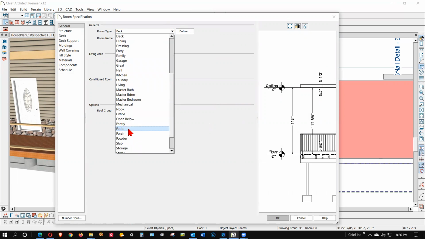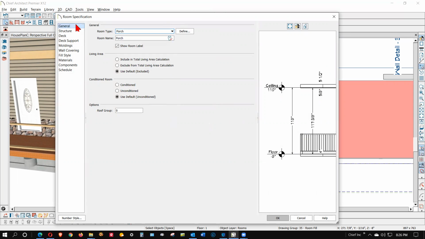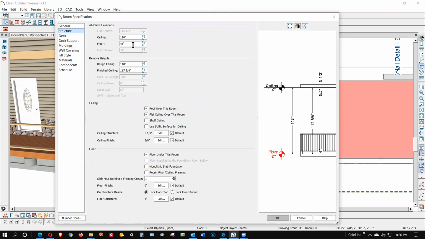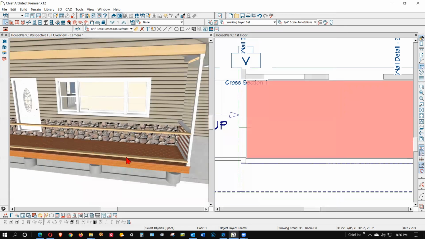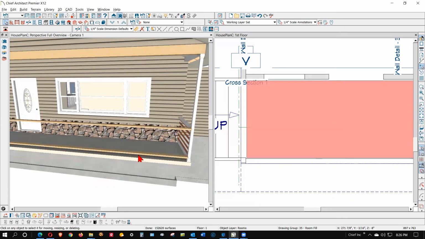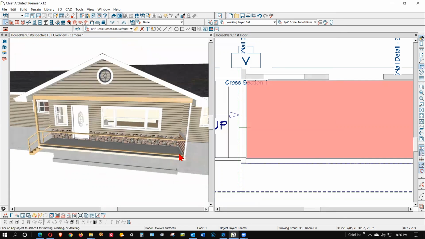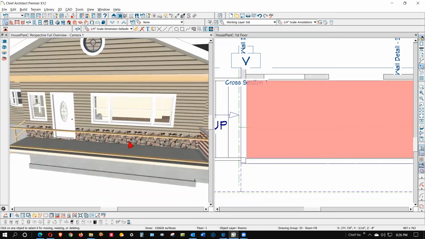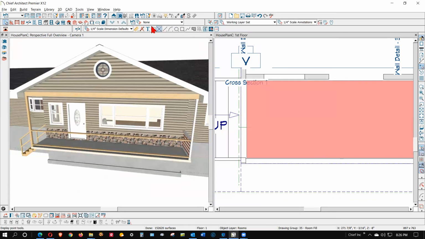I'm just going to show you by changing the name, it changes the character of the thing. And also for drainage, oh, you got it at -8. That's a little over. Usually porches are about 3 inches below the house floor level. When you change it to porch, it changes it from a deck into a concrete porch, like that. Anyway,